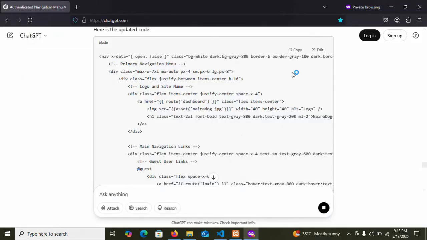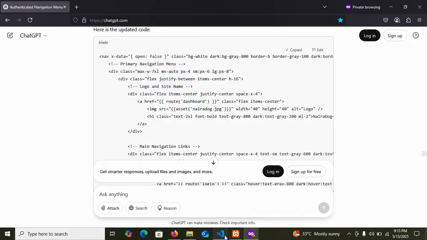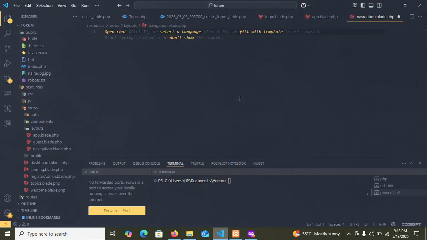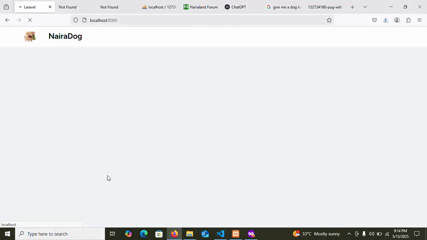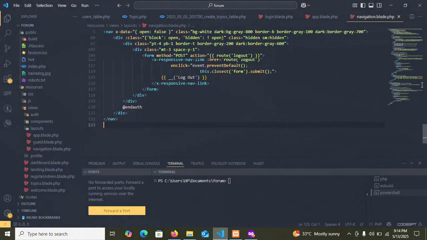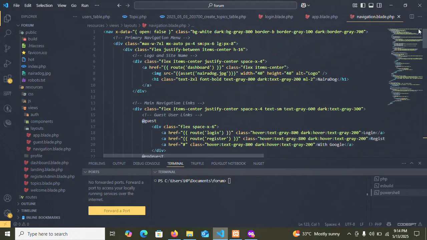So now let's see what the AI has done. Let's copy it, and we don't have much time. And then we just replace what is here with this, and let's see what happens on the page. So it just passes all of this stuff to the navigation bar. Okay, it's fine, but it's not doing what we want. But we can still make it do what we want. So what we need to do is copy this again and tell it that